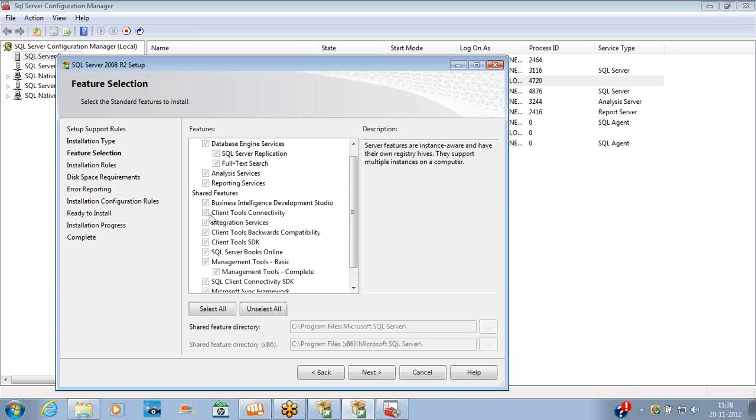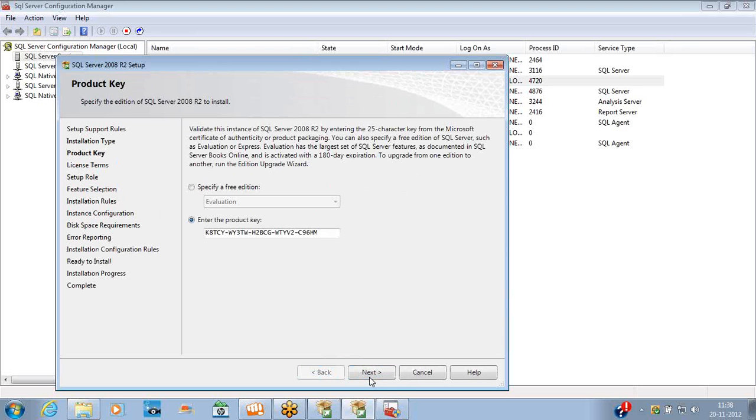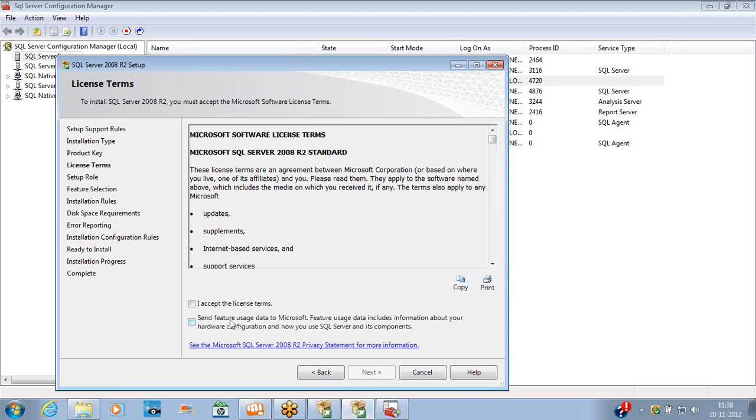Business Intelligence Development Studio, Client Tools Connectivity is installed, Analysis Services is installed. So these are disabled. The case will not be different for a new installation. As it is a new installation, it will check for the license, product key and license agreement. You just check this,